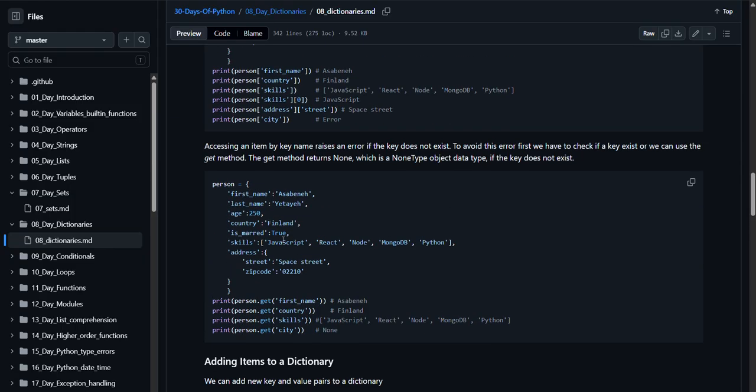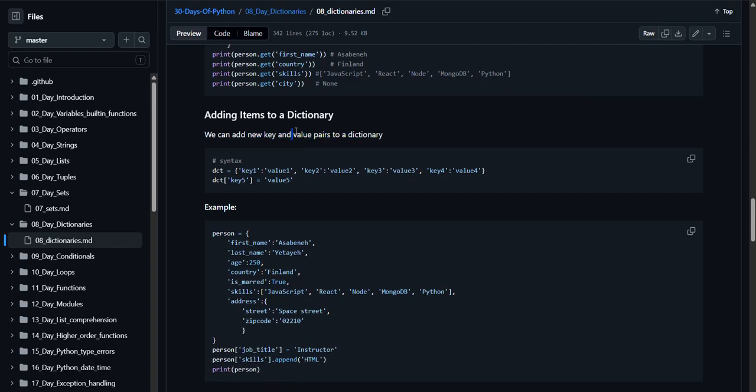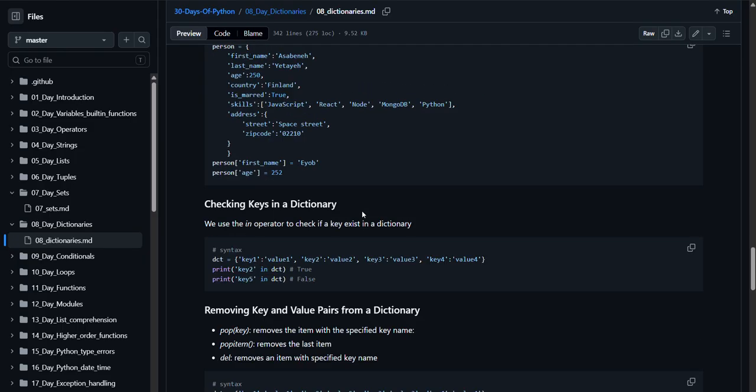If we need to get it, we just type get and the key, and we need a key to open up the door, right? We can add new key-value pairs to a dictionary. Okay, so let's say that we have the key fifths and a value fifths, right? Since the dictionary is mutable,